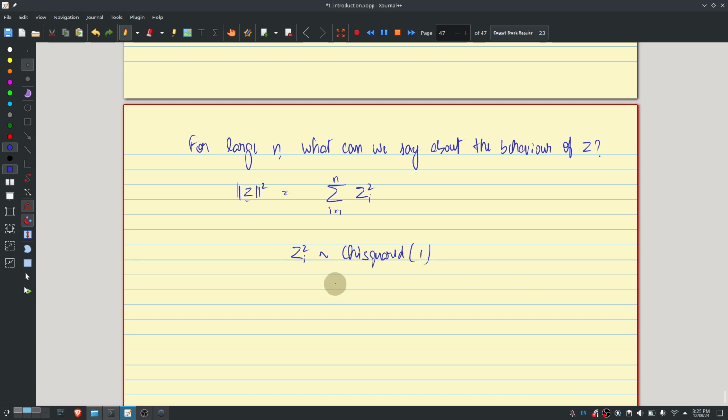So this is, I think, 1 over gamma half root 2 e to the minus. So this would be the density of zi square,